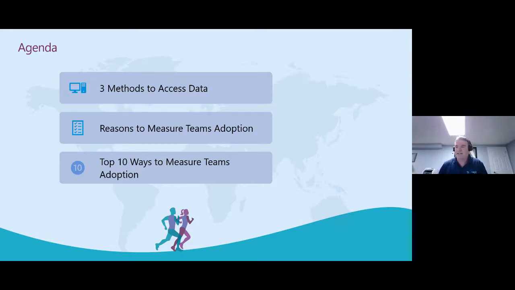So the top 10 ways of measuring Teams adoption. So really understanding, from a Teams perspective, what are the really key things organizations will hone in on from a perspective of measuring things. Now, I will also comment that what you want to measure depends on where you're at with your Teams adoption journey. As an example, if you're just starting with Teams, you're going to want to see if the lights are on. However, if you're more mature down that maturity frame, there may be things you're going to want to measure that are a little bit more detailed or a little bit more involved.